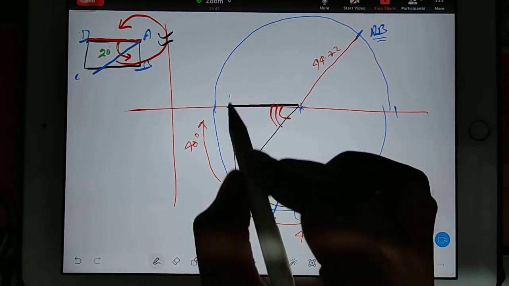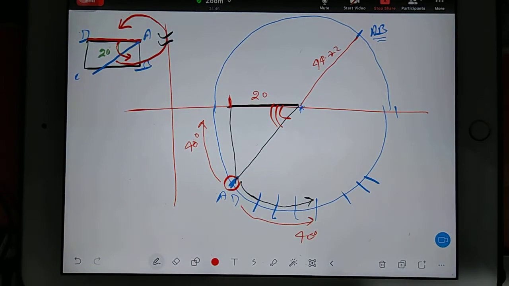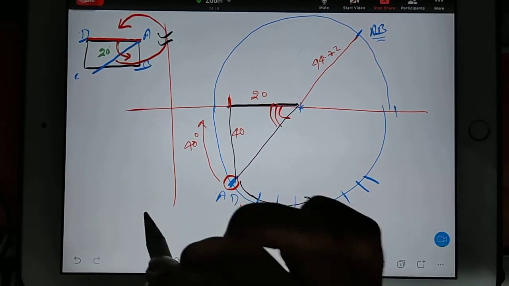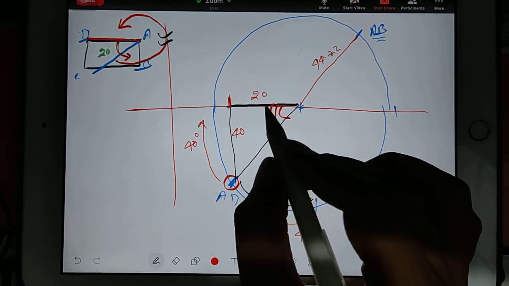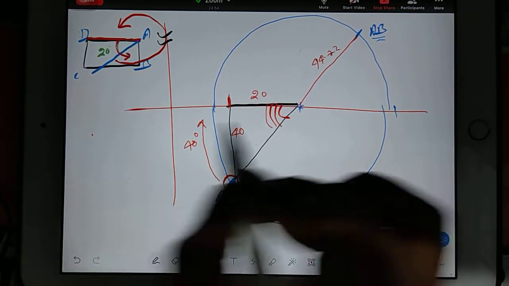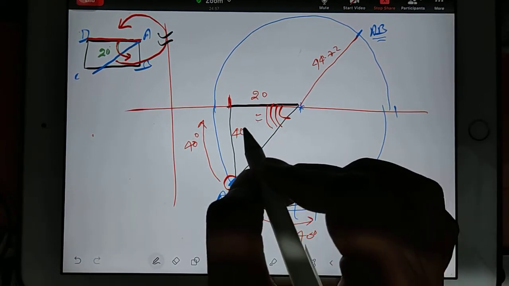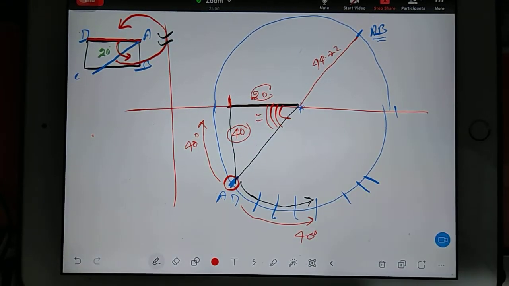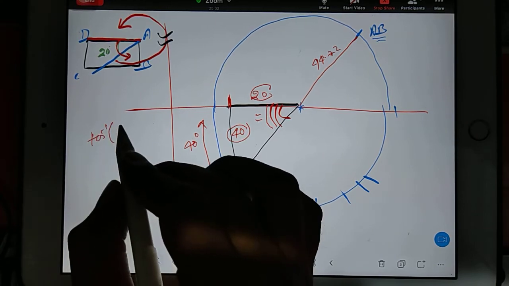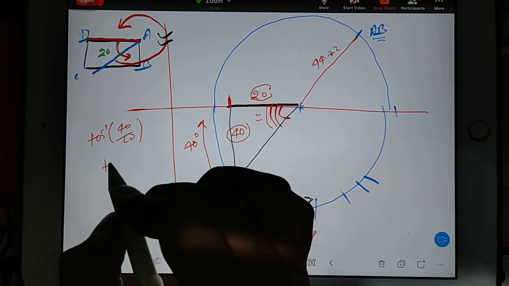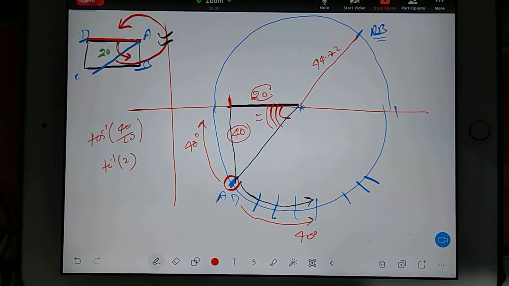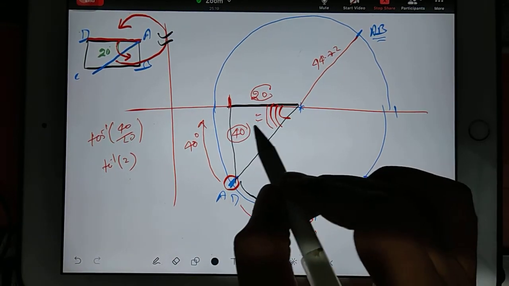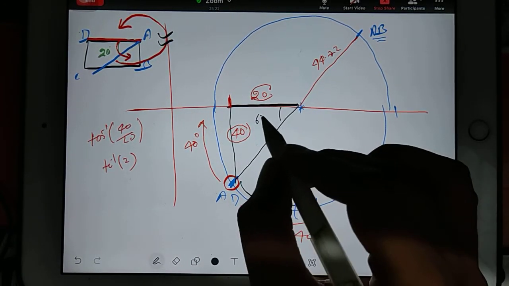So for that, just now you know that this was 20, and you also know that this was the shear length, it was 40. So with the help of 20 and 40 you can find out this triangle. Suppose this is a known angle, so you can find it out by perpendicular by base. So you can apply tan inverse 40 by 20, it means tan inverse 2. So using a calculator, what is the value of tan inverse 2? Tell me in degree. Okay, so this angle is coming 63.43.